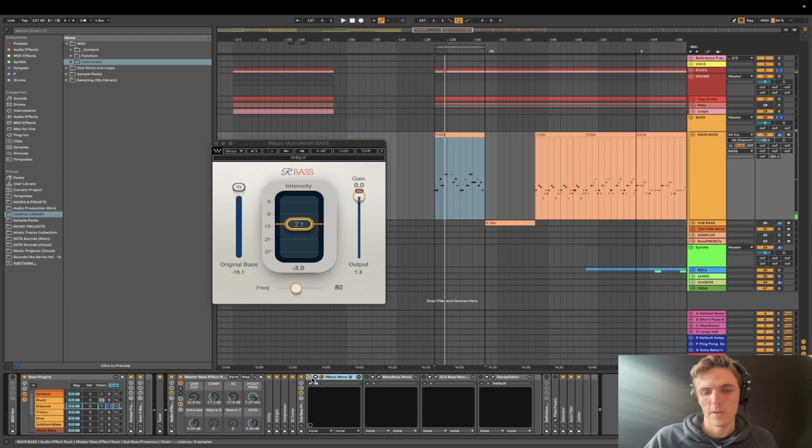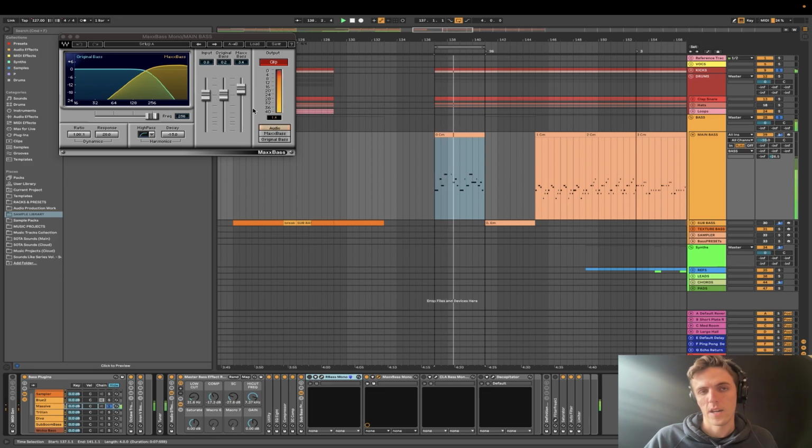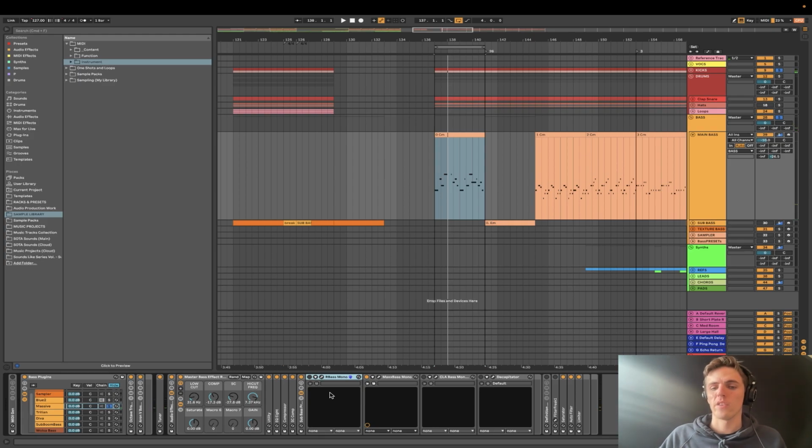So you basically got R-Bass. Max Bass does something similar, where you basically have the option to boost a signal and it's duplicated with the original. I can hear the original bass, I can hear the Max Bass version, and I can blend them. So it's basically ways to fatten up your bass, which is often one of the main issues that happens